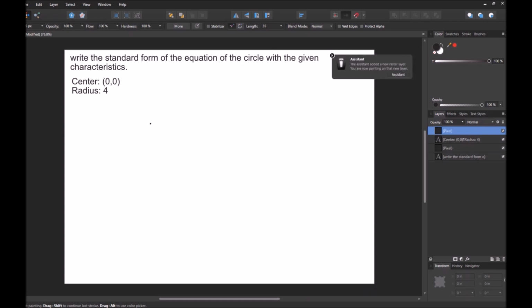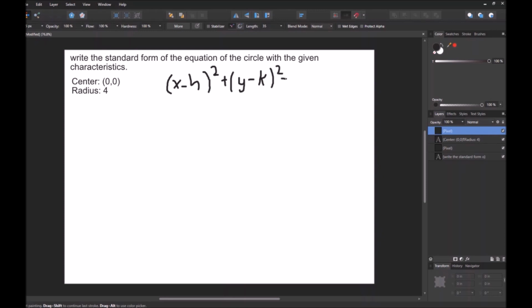Okay, so in this next question we're asked to write the standard form of the equation of the circle with the given characteristics. And the characteristics we're given are that it has a center at 0, 0, the origin, and a radius of 4 units. So if you don't know the standard form of the equation of the circle, this is something you're going to want to memorize. And the standard form of the equation of the circle is x minus h squared plus y minus k squared equals